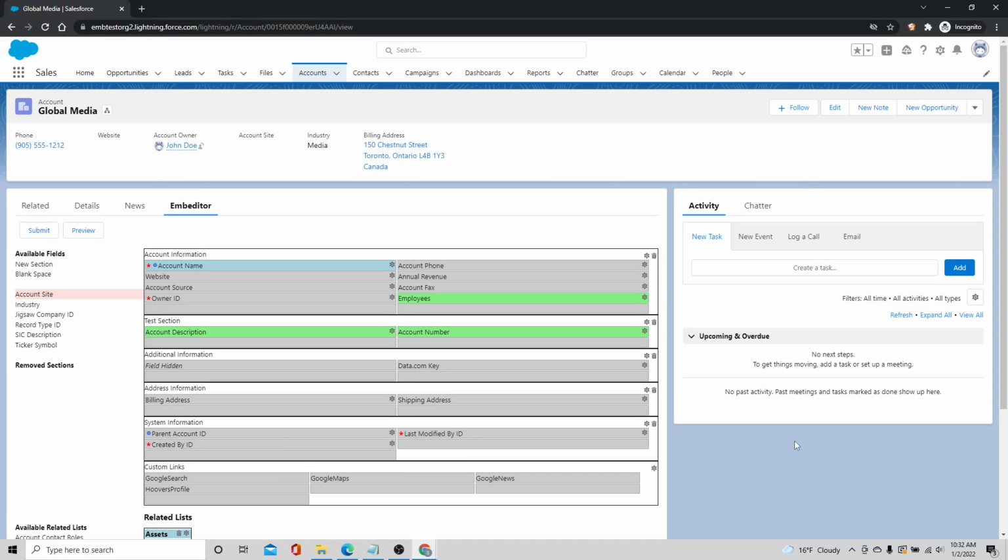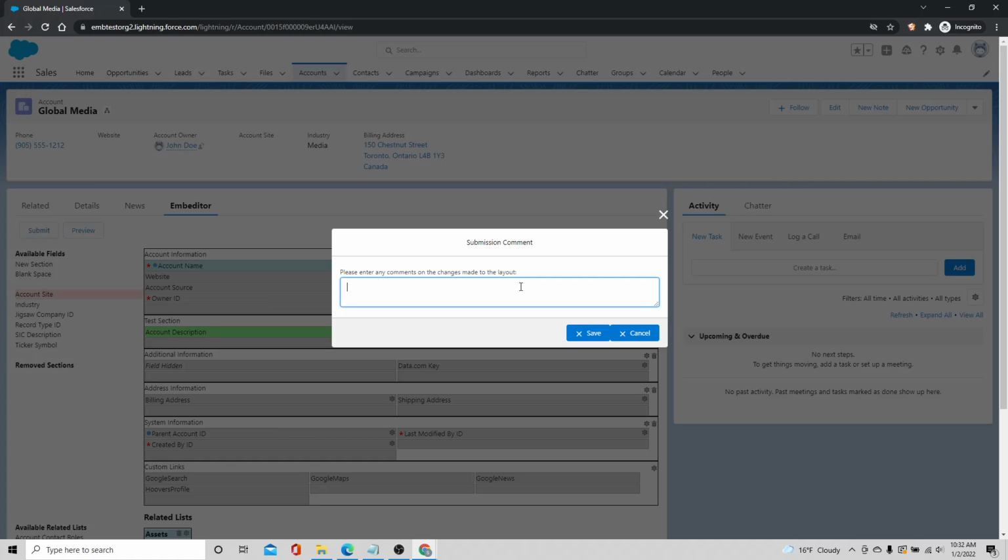If all looks good, we can now submit this for approval by clicking the Submit button. An input box is displayed asking if there are any comments that the individual would like to provide to the approver. These will show up on the record when the approver takes a look to understand if there's any additional context they need. Maybe we want that hidden field to be moved. When we click Save,